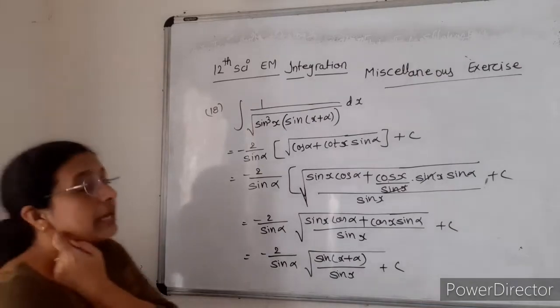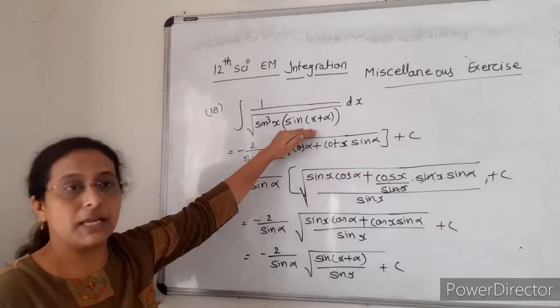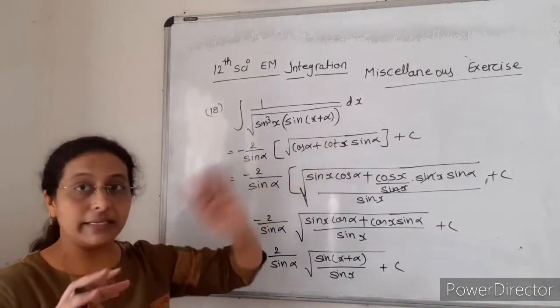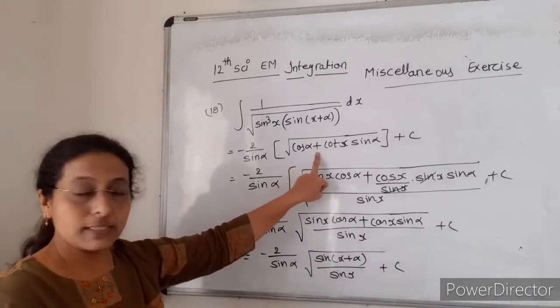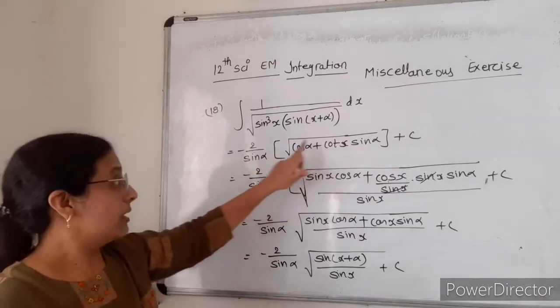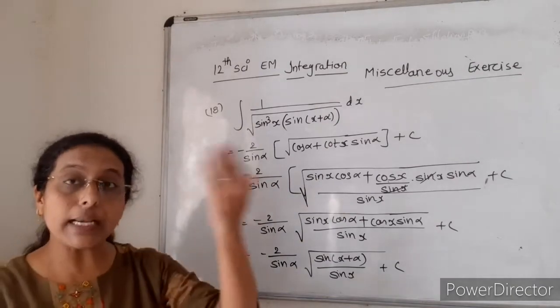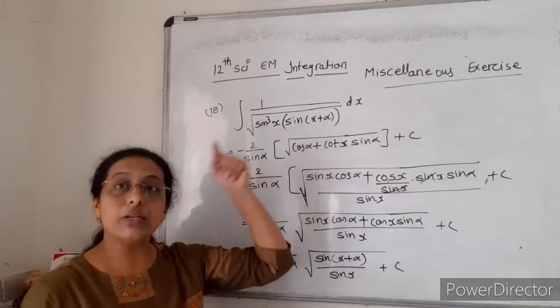You know what we have done first? First we have applied this formula of sin(alpha plus beta). Then here you multiply sin x and divide by sin x in one term. So it becomes this cos alpha, 1 upon sin raised to the power 4 if you take common. So sin raised to the power 4 you take it outside and up, that is cosec square. And whatever is the denominator you will take it t.